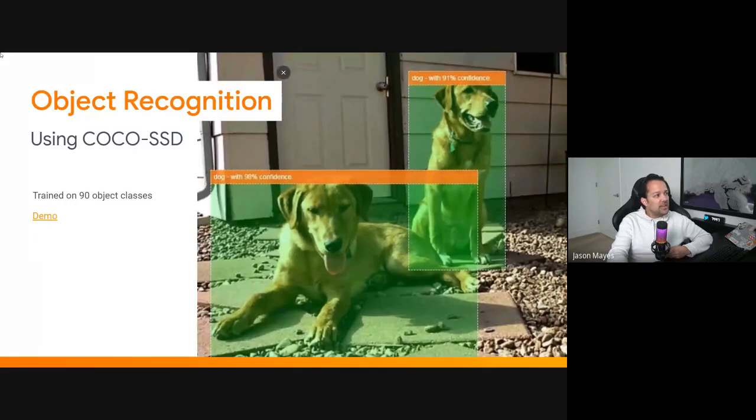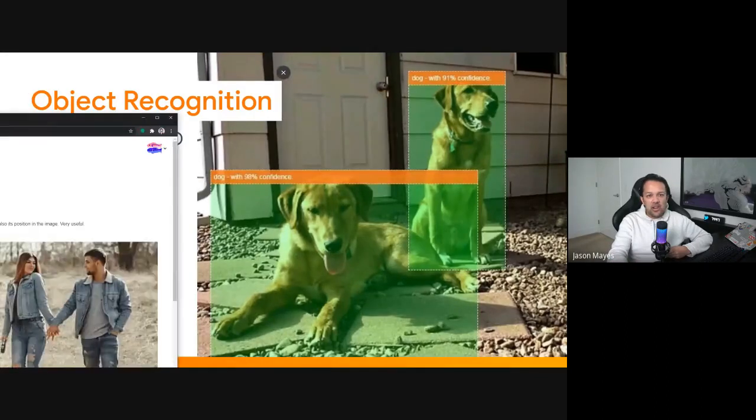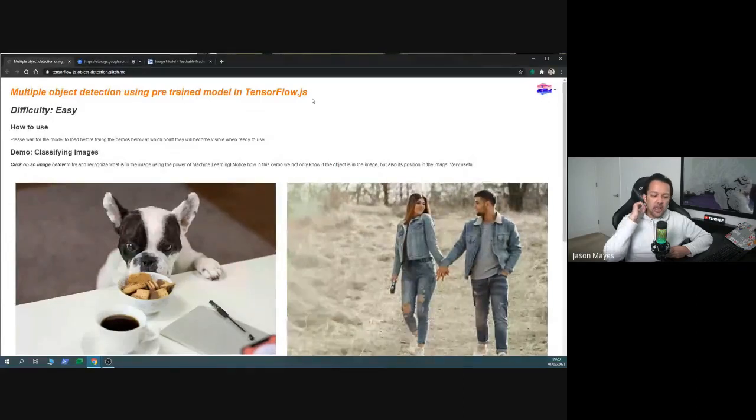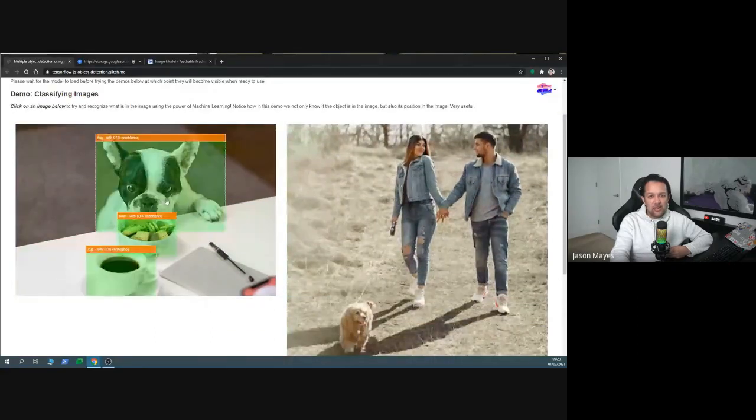So let's go ahead and see this in action. I've got a live demo for you all here. And hopefully now you can see my screen. And this is just a glitch.com example that I've made together using regular HTML, CSS, and JavaScript and some TensorFlow.js. And if I click on any of these images, you can see I can get real-time classifications as I click of the objects contained within.